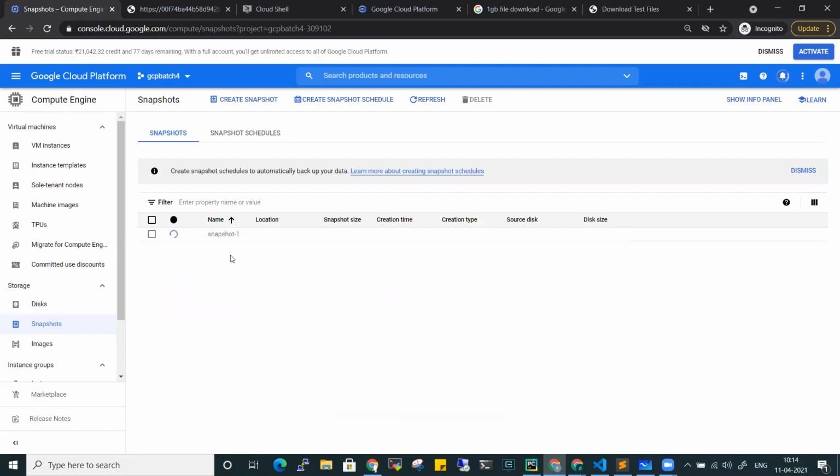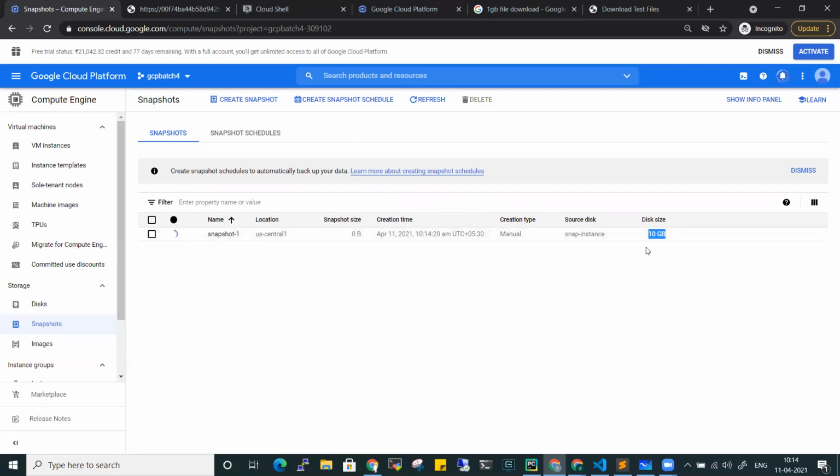So the snapshot will be getting created. It depends on the content inside your disk, and in our case it's around 1.5 GB only, so it will take much less time. If you see here, it is taking the snapshot. The snapshot size is 0 bytes because it's still in the process of creating the snapshot. And if you see, the creation is manual, as we have created a manual snapshot, and the source disk is the snapshot instance boot disk that we wanted to snapshot, and the boot size is 10 GB. What is 10 GB here?